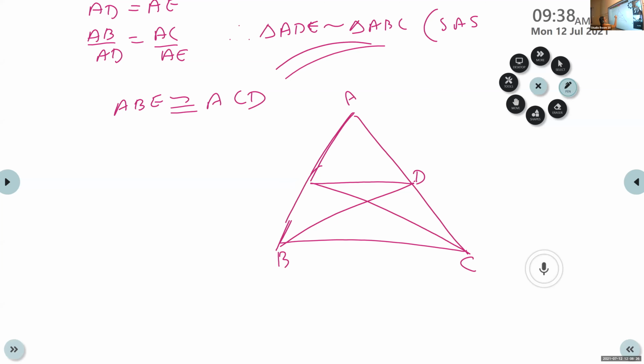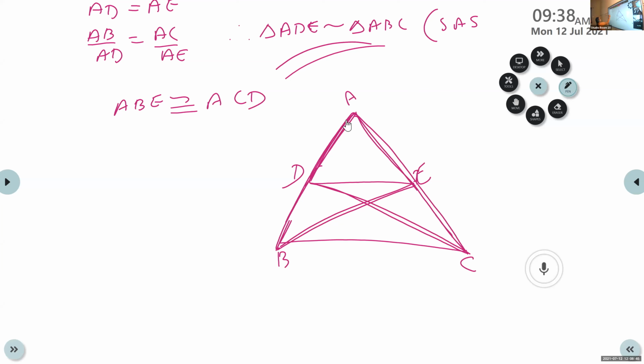This side is D and this is E. ABE. So move your fingers through ABE and ACD. ACD. These two triangles are